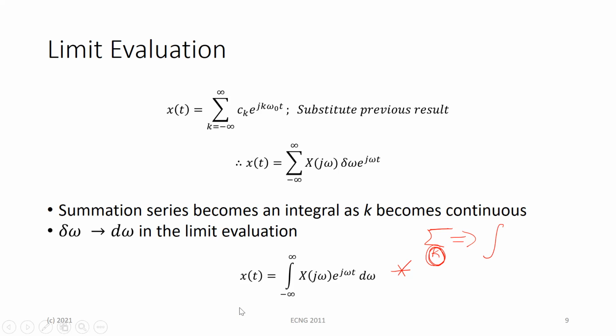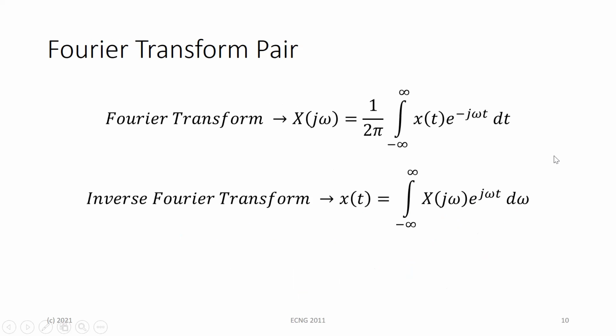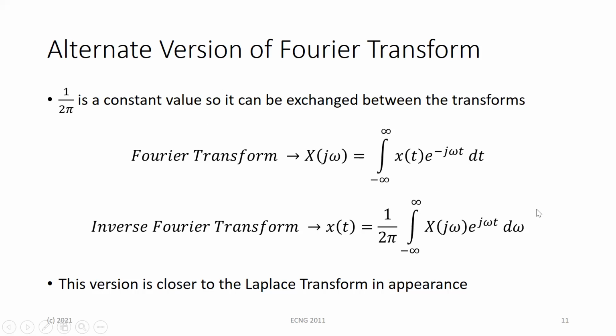So in the limit, if the signal is non-periodic, then we are able to represent the signal in a version like this, right? And if we swap around, remember, this is what we want as the subject of the formula. We juggle it around and we get it into this version here, so that if I have a signal x(t),